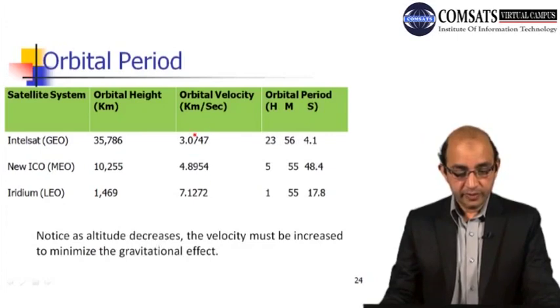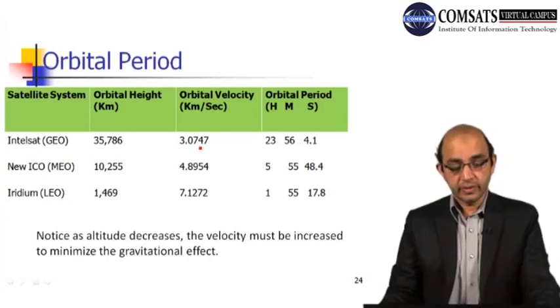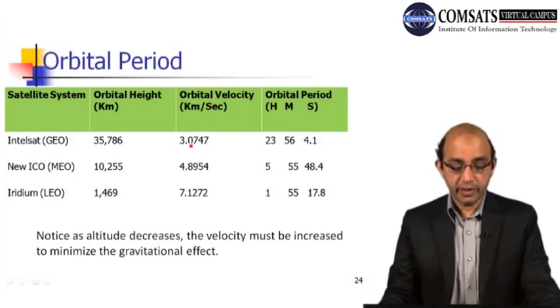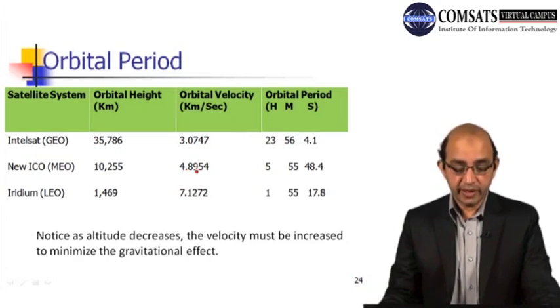So here we have the satellite system. This is the height and this is the velocity that it can attain, right? So this is the additional parameter we are having: for GEO, the orbital height, and here is the orbital velocity. So you can see 3.0747, and this is the orbital period, the time taken to complete one rotation, right? So here if we talk about MEO, you can see the velocity is increasing, 4.8954, and the